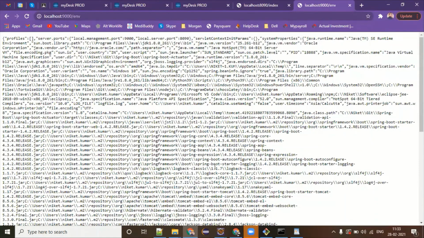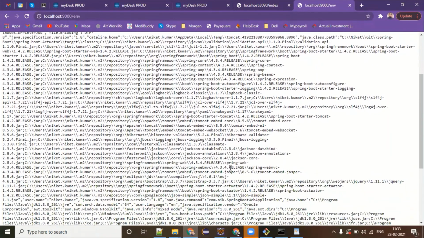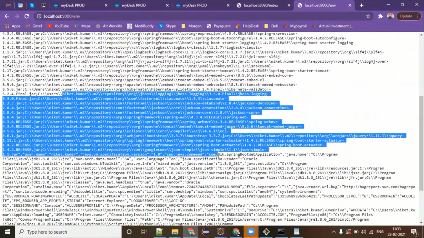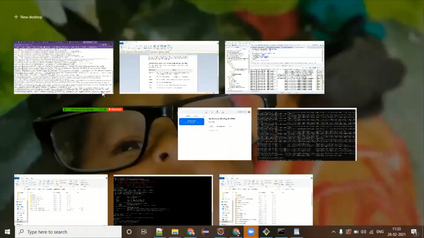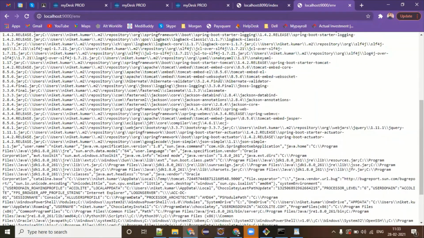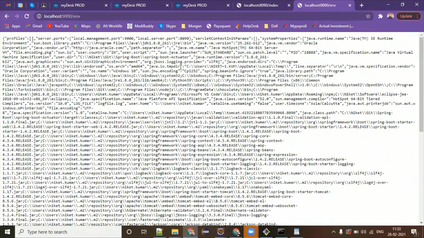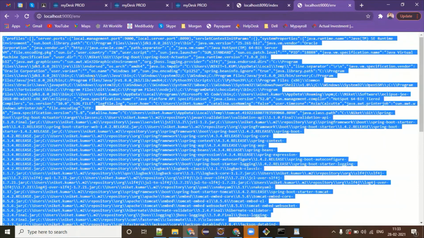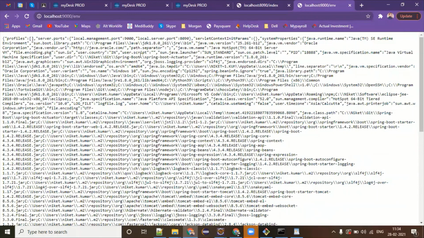You can see server ports. We have a separate management port and a separate server port. This is information sometimes really required for you to understand what dependencies have been added to your application. It is going to give you the complete bunch of library details, saying all these libraries are part of your application. So if you are facing a performance issue, you can easily trace this and check: why has this particular WebSocket been added? Do we really need this? No, let's exclude this. Similarly, you have the Java version which you are using. All this information you can trace from here.